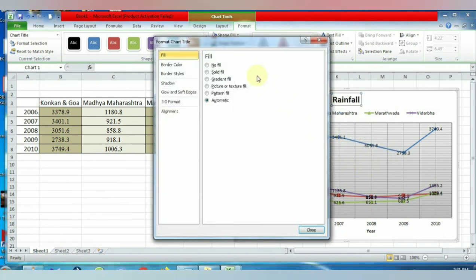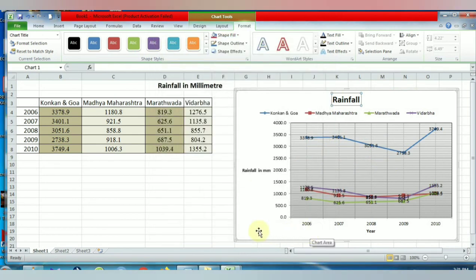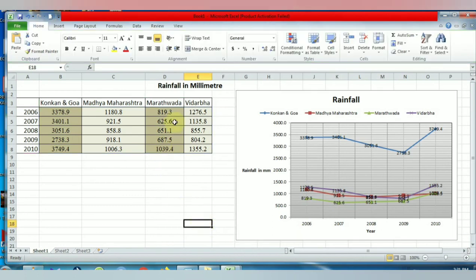Similarly, if you move the mouse pointer to the chart title and right click, then you can format the chart title from here also. So this is how you can edit or format any chart area using the right click option. So this is how we can insert the line chart for the given data, and we can format the chart or modify the chart using the chart tool option and the right click option.